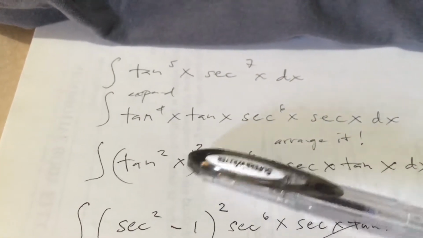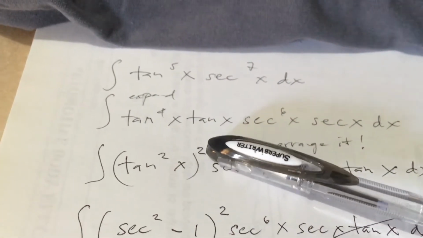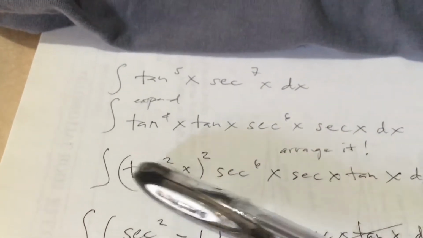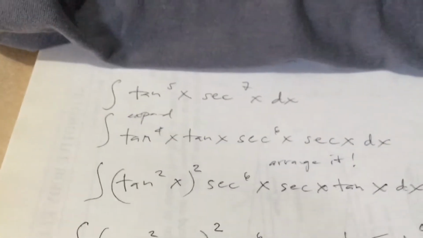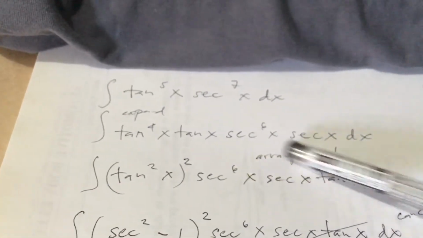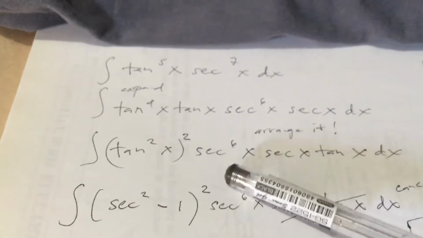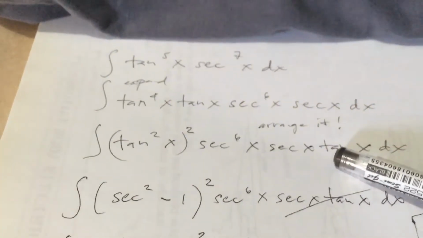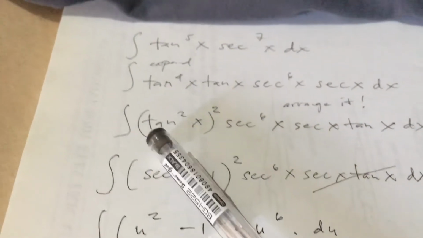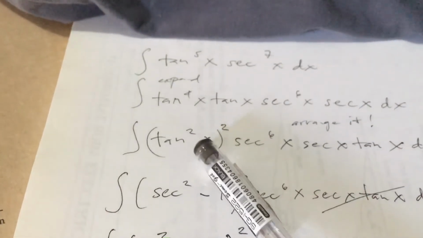Expand it by raising it to the second power: tangent raised to the second power x, with parentheses, and raise it to the second power. Copy this, arrange it, and let the tangent be placed at the extreme right. Get the tangent squared x equivalent in trigonometric identity, which is